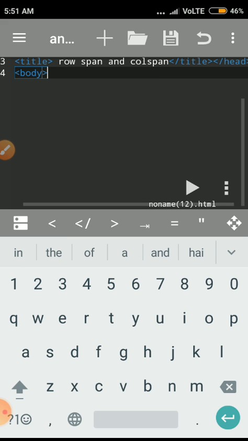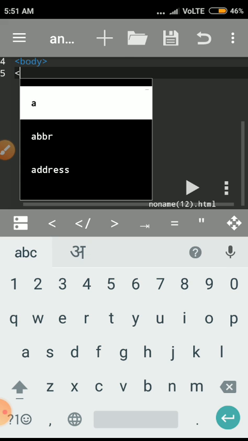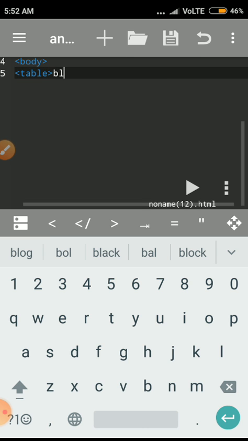Okay, inside the body tag we are giving the table tag. In the previous video I explained how to add border, background color of the table, and different things. So today I explain caption like that. So today I explain cell spacing and cell padding. So first I explain cell padding.